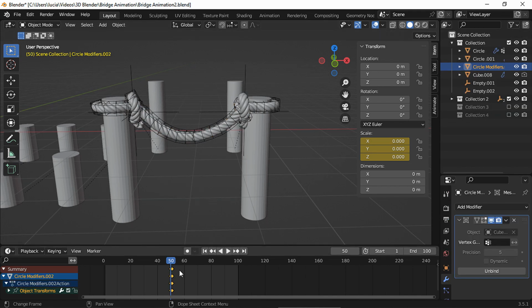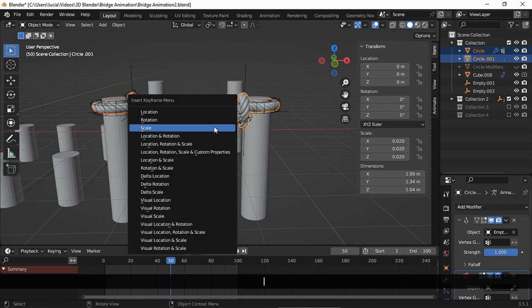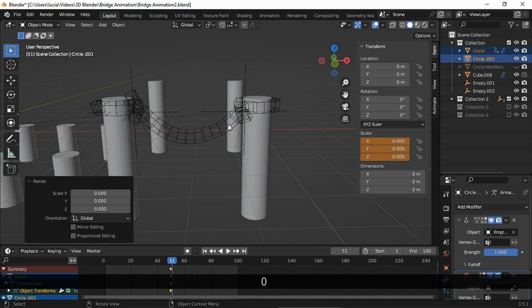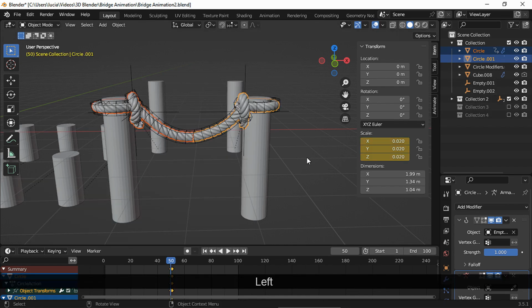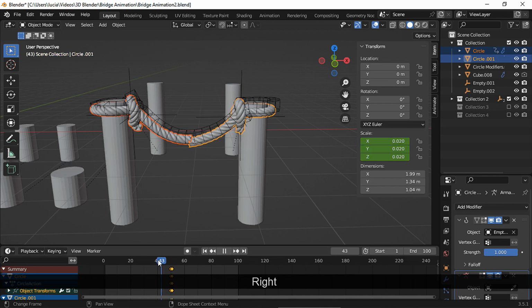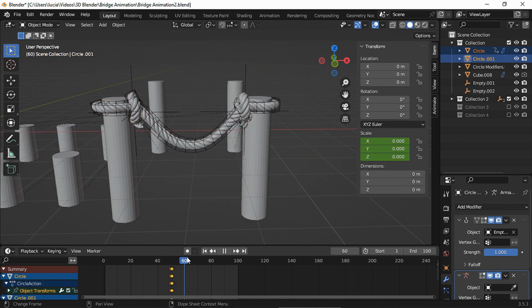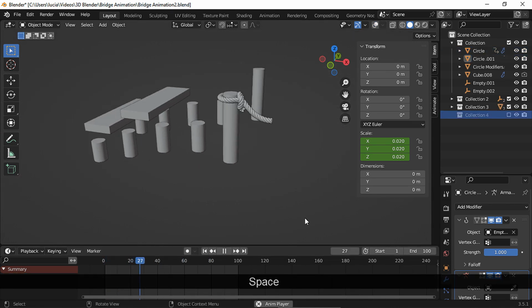In frame 50, set a scale keyframe for both half ropes. And one frame after, scale to 0 and set a scale keyframe. And here it is. The half ropes disappear at one point, and the soft body rope appears.